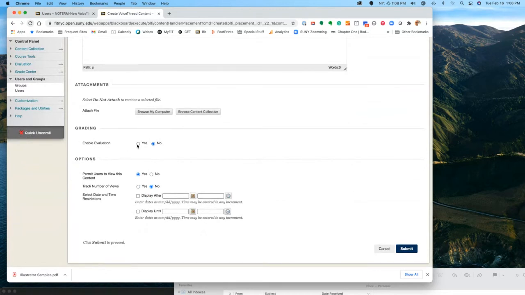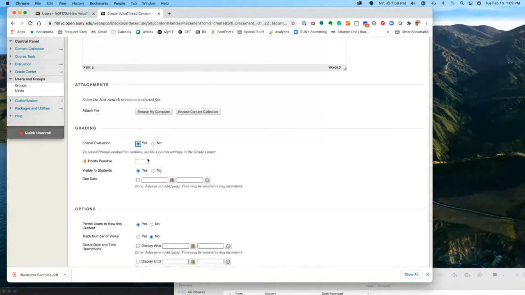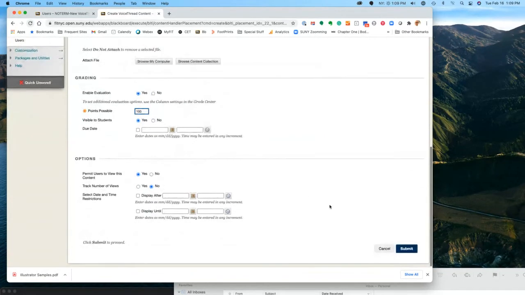If you don't enable evaluation, you will not see the assignment builder. And if you don't see the assignment builder, you can't give credit. As Lorenzo points out, students are much more motivated when they get graded. But there are things you can do that are ungraded also. It's just to have a mix, right? But I don't think seals at Central Park would do tricks if they didn't get a fish once in a while. And students are pretty much the same way. So I'm going to enable evaluation on this. And we often recommend 100 points for anything.